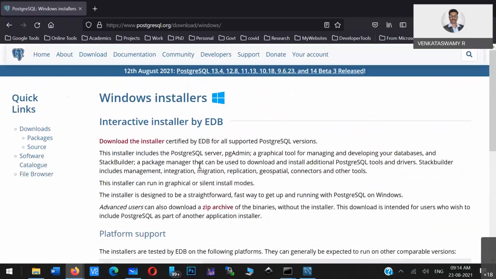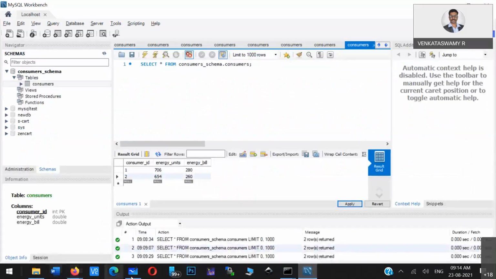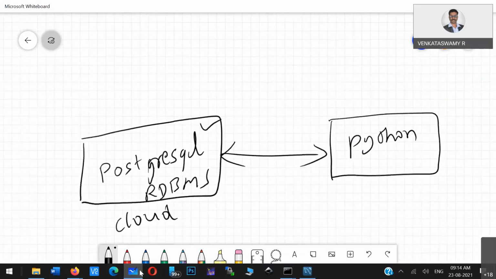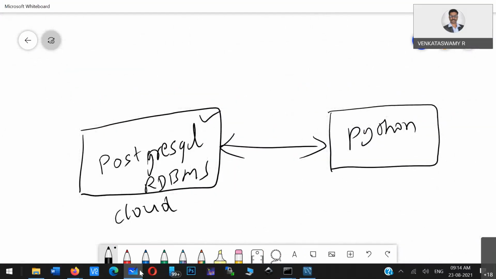Now, last time when we worked on MySQL, we used MySQL Workbench as an IDE. Here, let us go for one more IDE, that is pgAdmin.